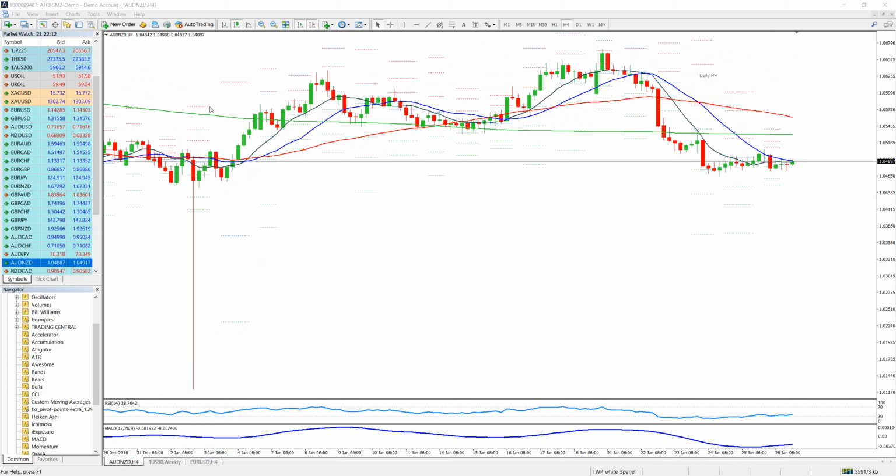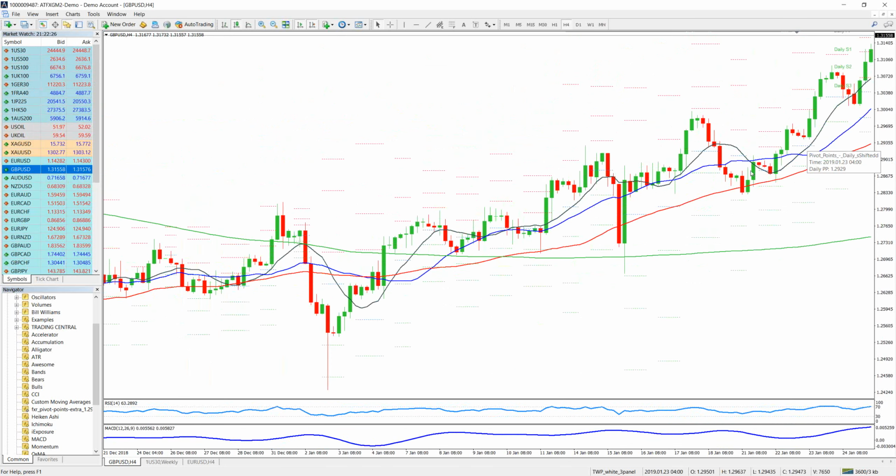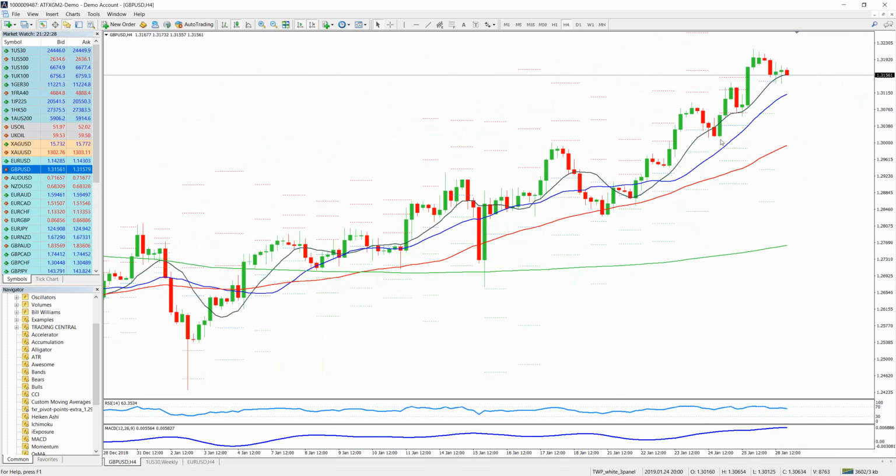So here's another question. If I go back to cable, the question is, would I wait for the close of a green candle to enter this? Thank you, that's a good question. To give you a little bit of background behind it, what I am also trying to do here is give a good sense of trading. In effect, what I'm looking for is that nice little pullback into this area, and then looking for a potential entry signal here,